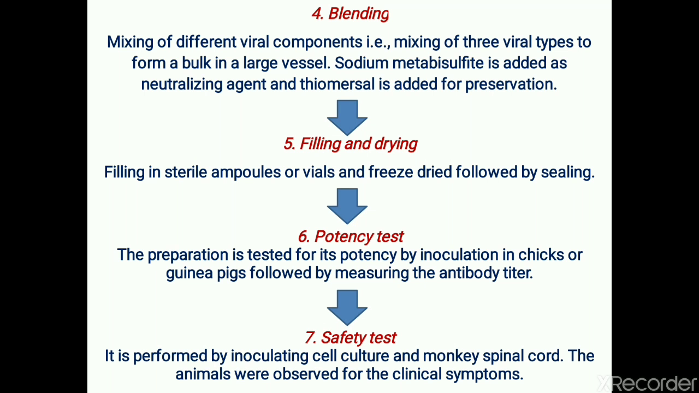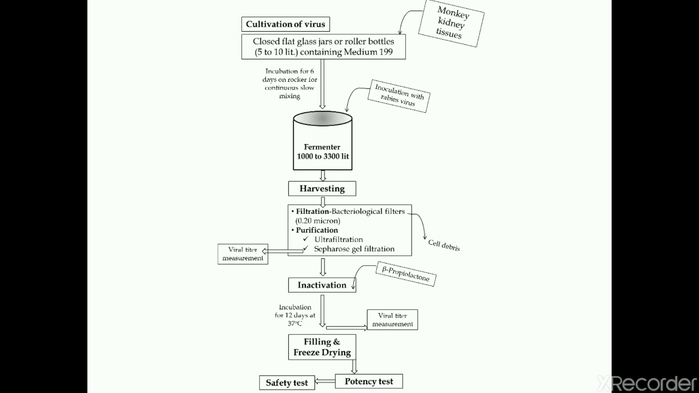Last step is the safety test. It is performed by inoculating the cell culture and monkey spinal cord with this final preparation, and then the animals are kept under observation for the development of any clinical symptoms for several days. This is the flow sheet for